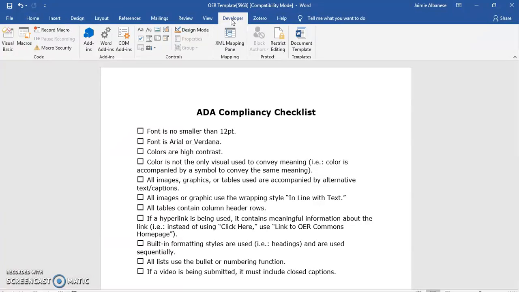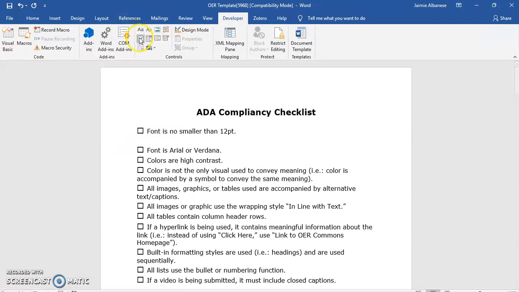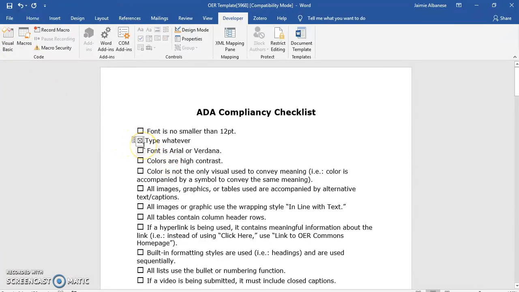I created this checklist by going over to Developer and then clicking on this checkbox here. So you can add a new checkbox in simply by clicking on the box. If you click over with your right arrow, you'll come out of the box being selected, and if you press space you can then type whatever it is that you want, and when you click on the box it'll be checked or X'd,